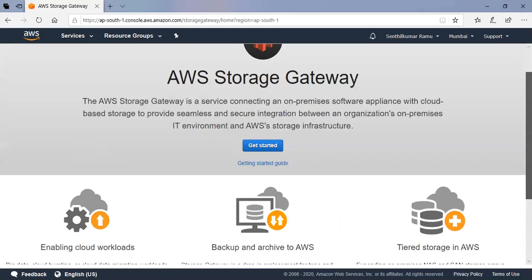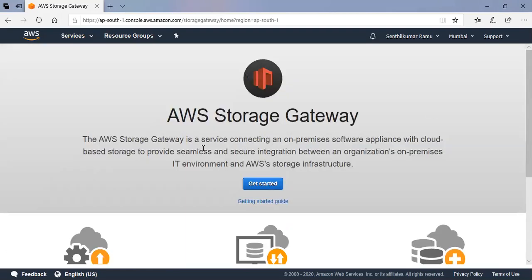See, what do we mean by storage gateway? In an organization, generally, to put your data, they will give you a shared drive, right? So if you are working on a server or on a project, your IT admin will always create a shared path, denoted by an IP address or name, like \\ and the path name, which could be a training folder or whatever it is. And that can be mounted on your local machine as an external or internal drive. The way you work with any other file system like C drive, D drive, E drive, you'll be able to work with the network drive as well.